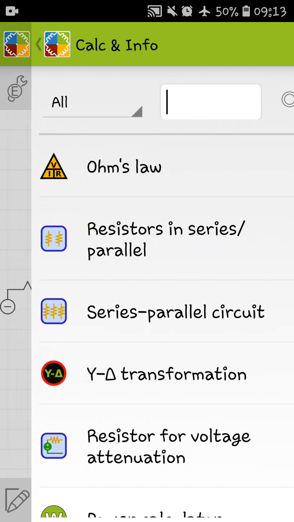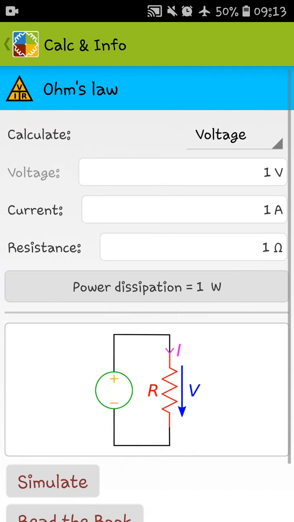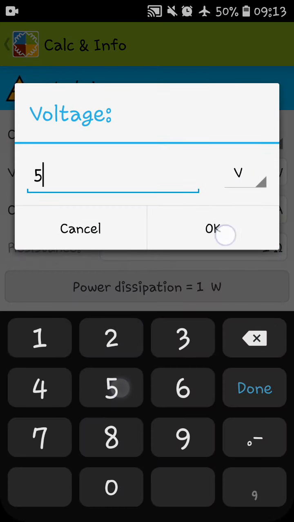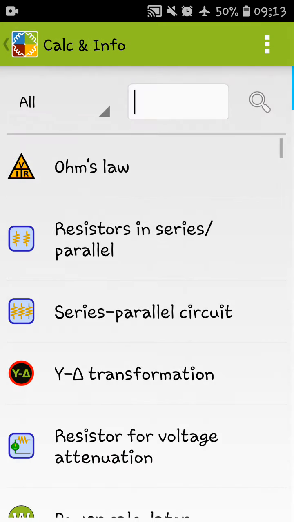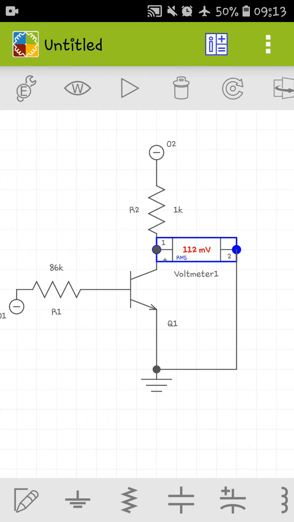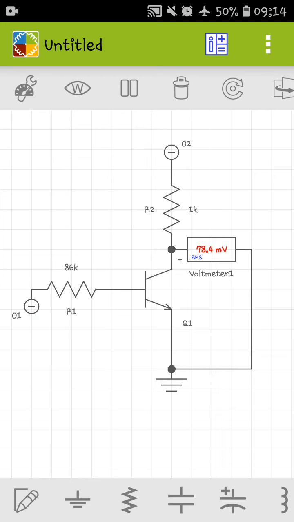So let's calculate the resistor. The supply voltage is 5 volts and the collector current is 0.005 ampere, which gives 1 kilo ohm. Here it is already 1 kilo ohm, so it has given the correct result. You can see the input is currently 1 and the output is 0. Now if I give 0 input, then the output is